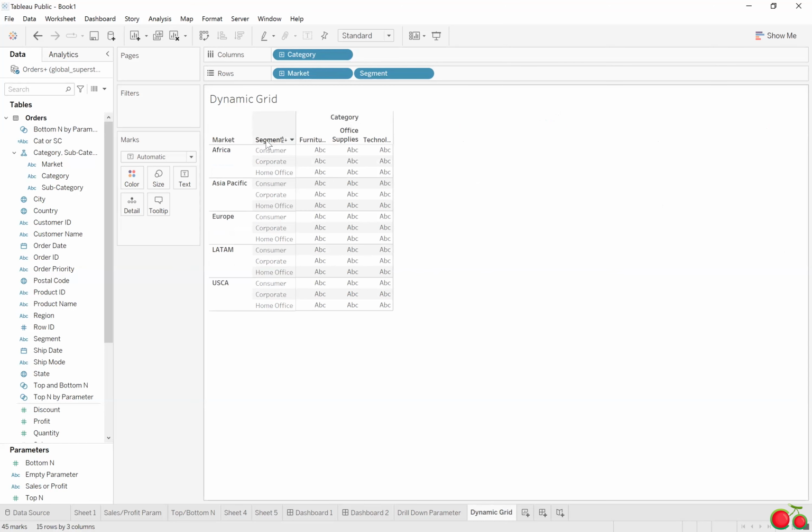So if we wanted, maybe we want to change segment to category and category to segment. In this way, however we publish it, that's how it's going to be stuck. But if we want the user to have the ability to change the order of all these, we can. So let's just do,